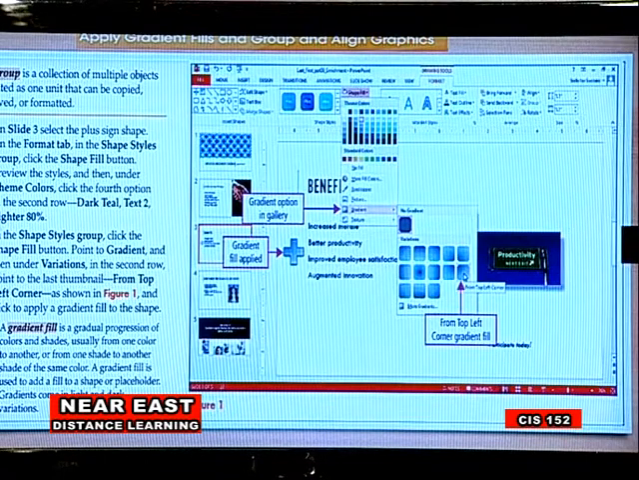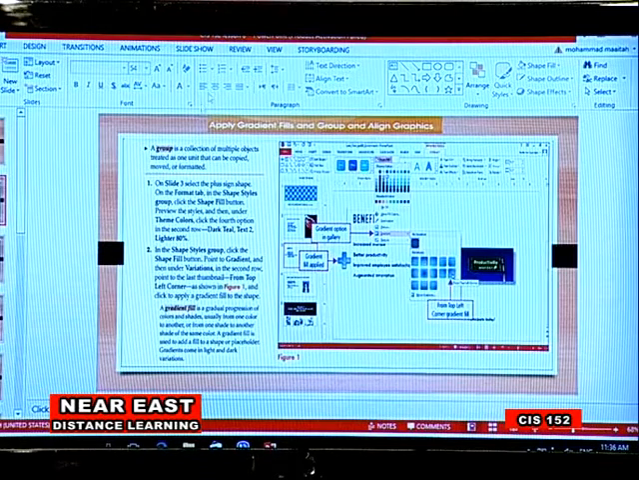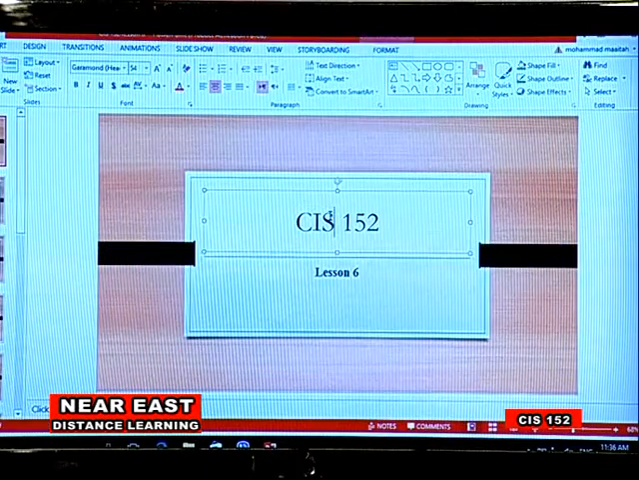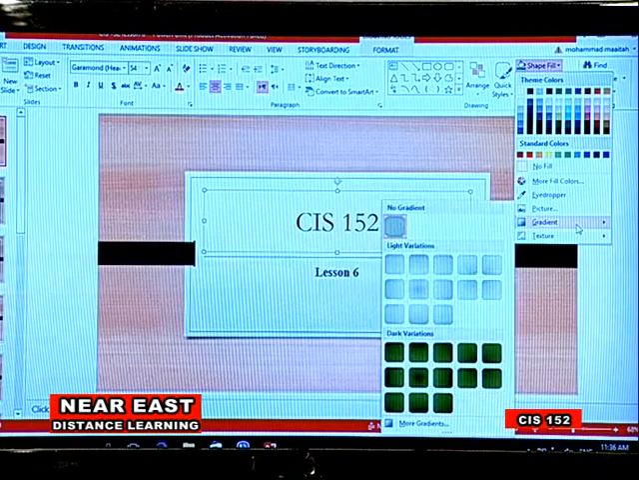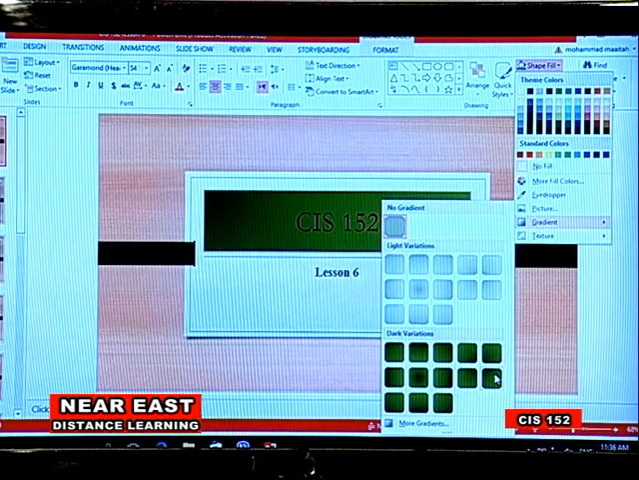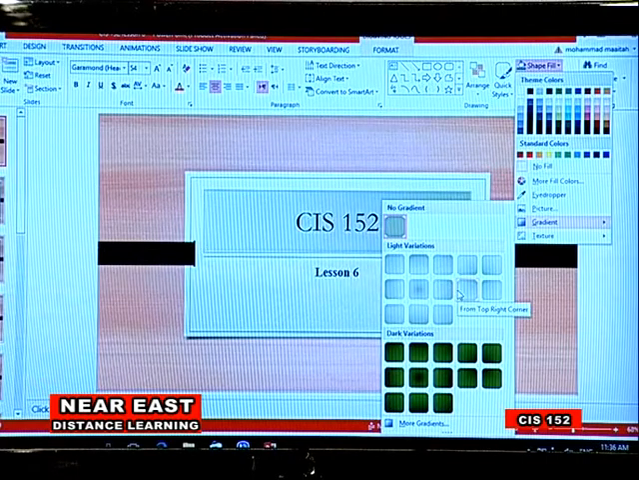Let's see how we are going to apply this skill. So we come here. Let's say we choose this one. We go to Format, Shape Fill, we use this one, which is light variations, and then